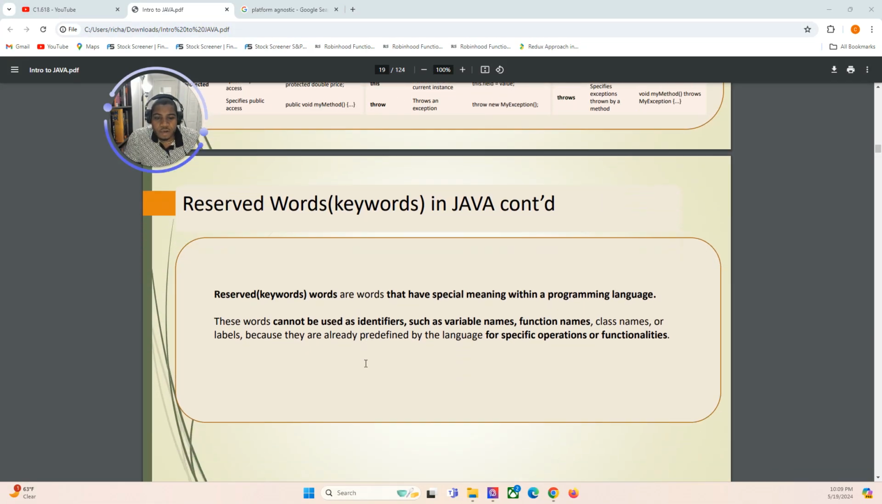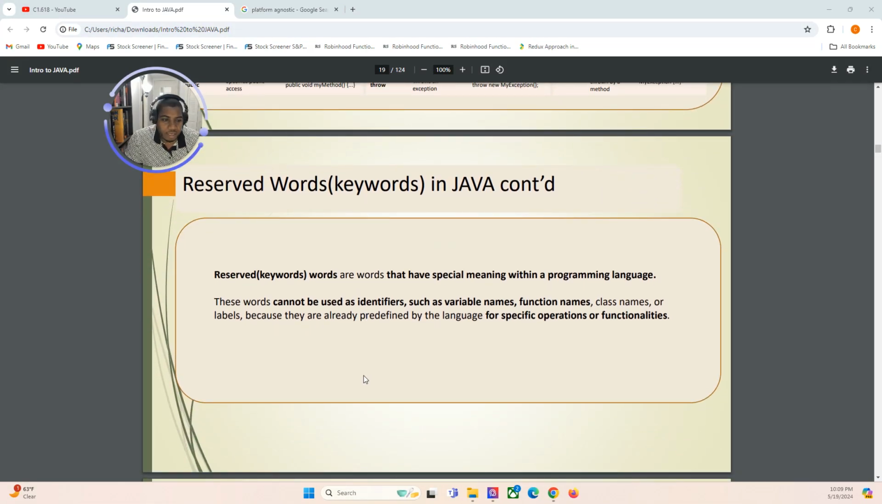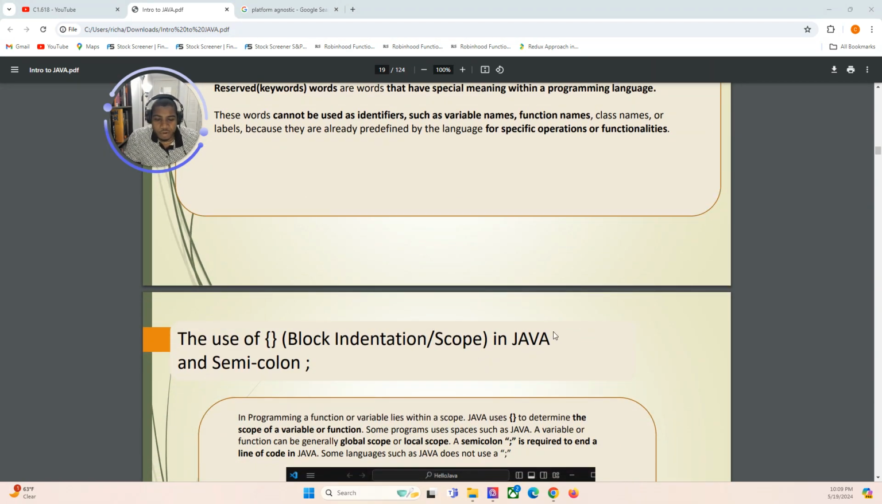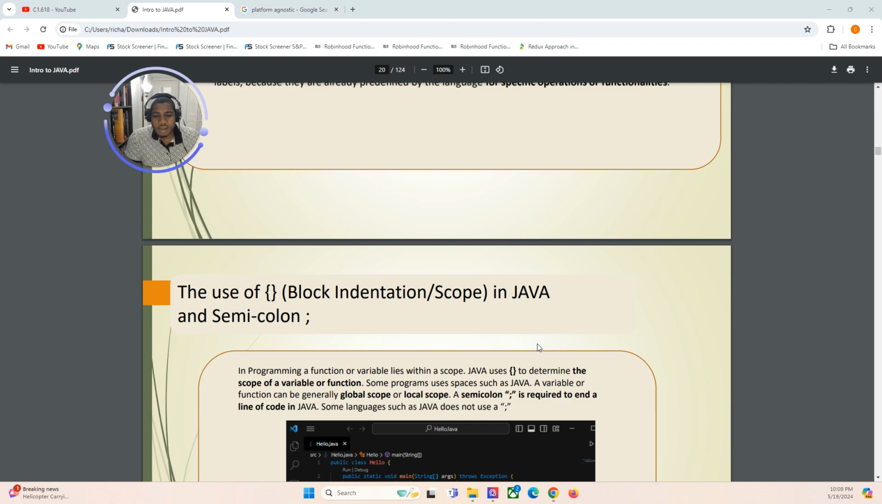Reserved keywords are words that have special meaning in the programming language. They cannot be used as identifiers, variable names, function names, class names, and labels. So they're set aside by the programming language. The other thing that you need to know